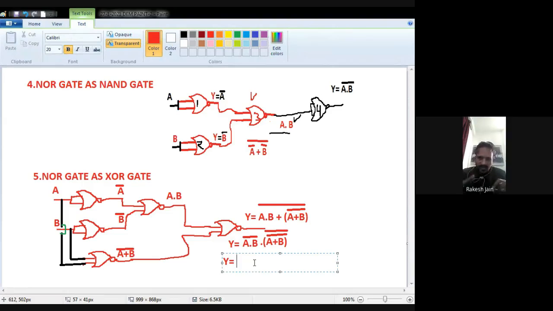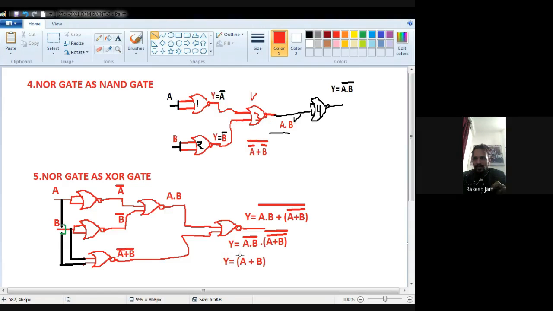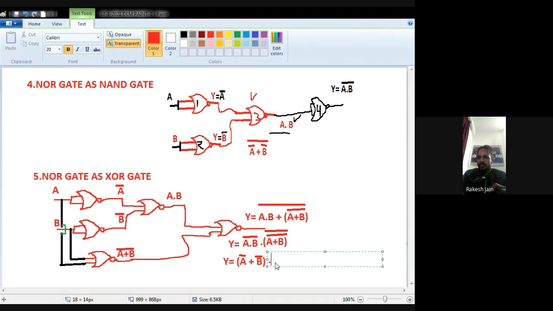So Y is equal to, now two things, two inputs are there, one is A, one is B, having a dot in between them and then having a bar. So again apply the De Morgan theorem in the first, A dot B bar. So write down first thing having a bar plus second thing having a bar. So the dot will be converted into plus and A and B both having an individual bar, okay. Now see the second thing. So dot, what is the second thing? A plus B having bar to bar, so bar to bar will cancel out from each other, only A plus B you will find.